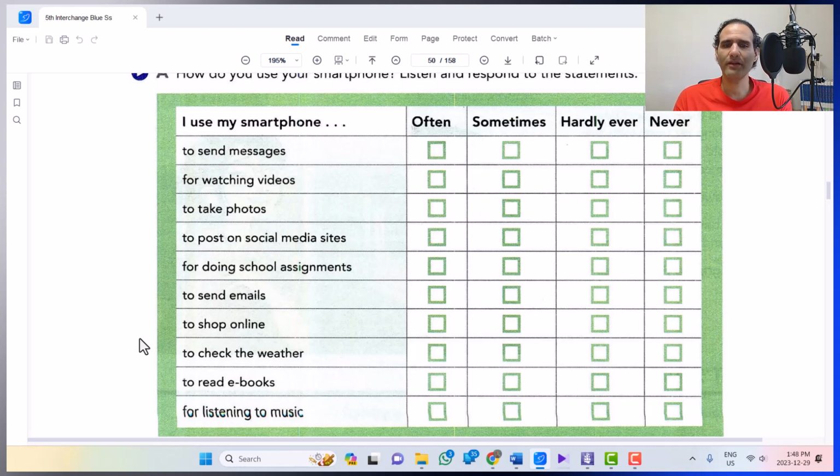To check the weather, every day I use my smartphone to check the weather or for checking the weather because I need to see what the weather looks like. That way I know if I need to grab my umbrella and dress appropriately or not. And then to read ebooks, yeah, I used to use my smartphone to read ebooks some years back. These days I see the screen a little too small for my eyes, so these days I try to stay